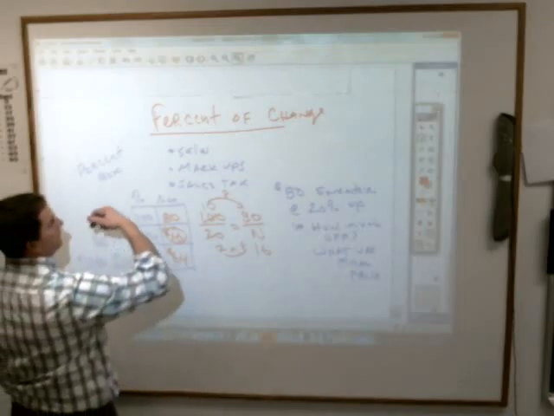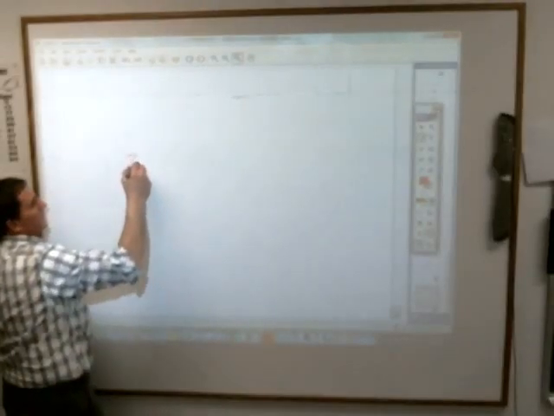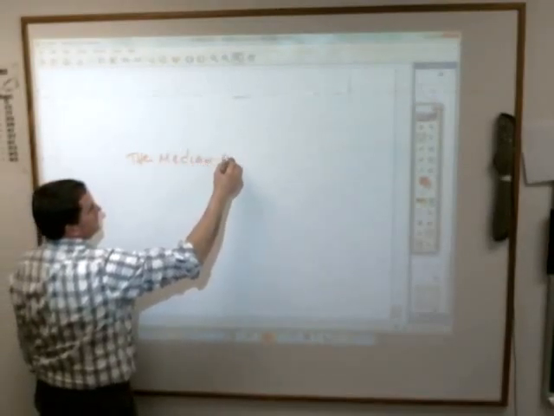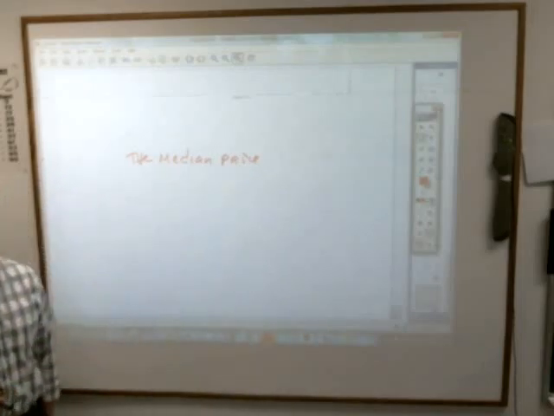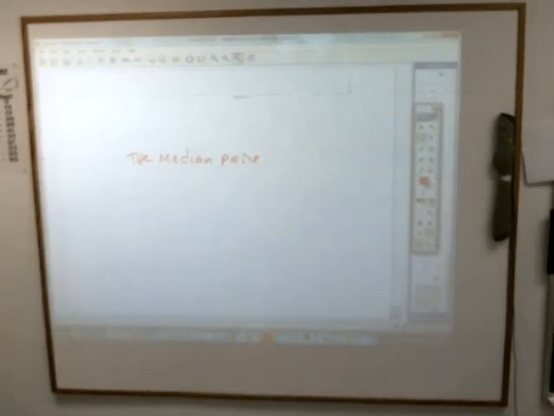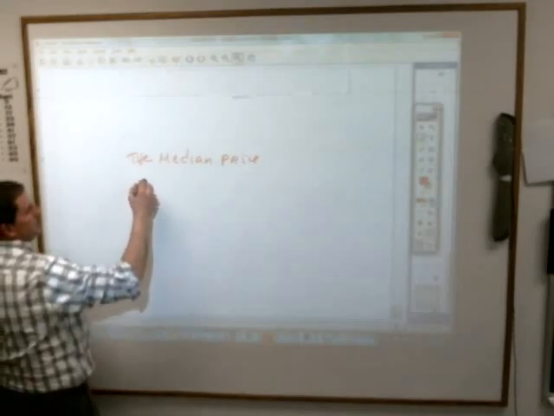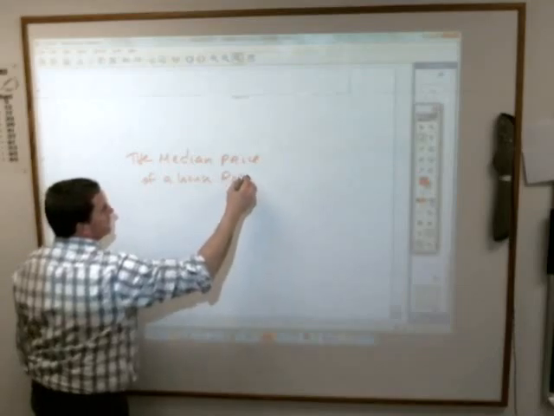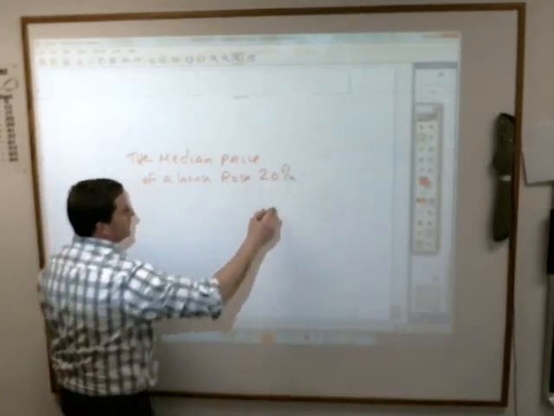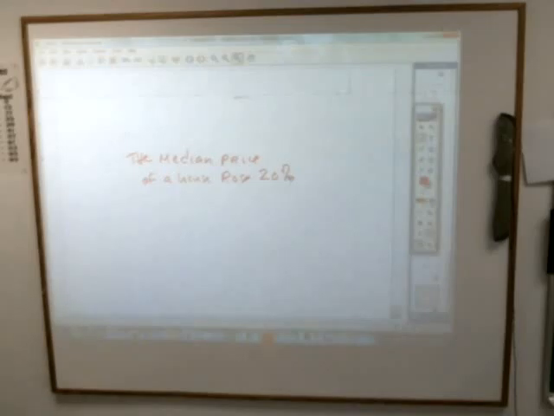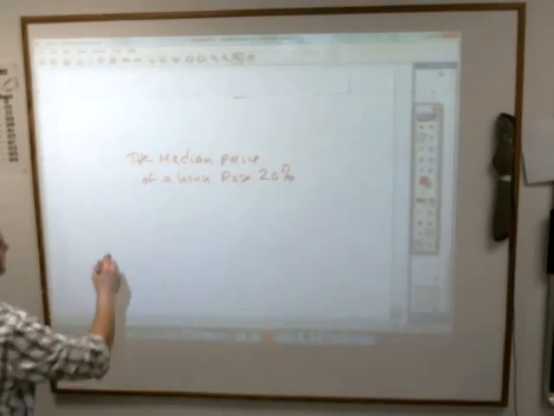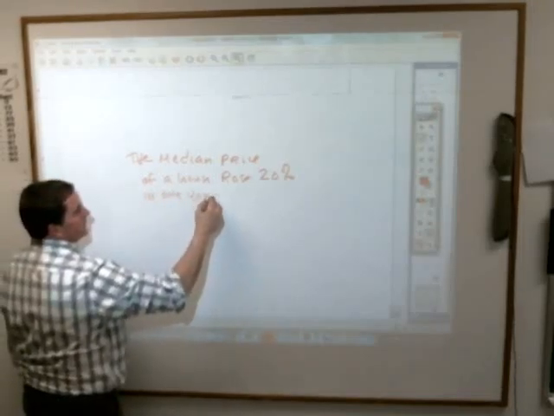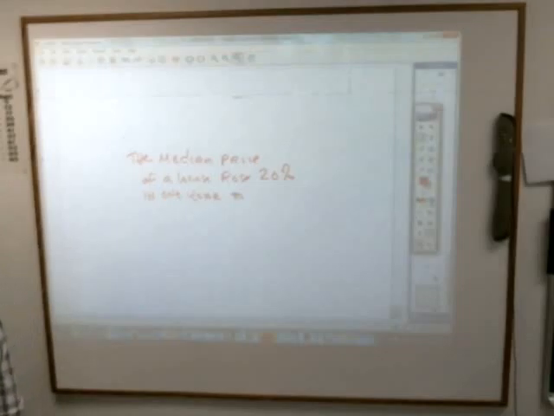Now, let's write down one actually from the book. The median price of a house rose 20%. Oh, another 20%. That's an easy one to work with. In one year, it rose to